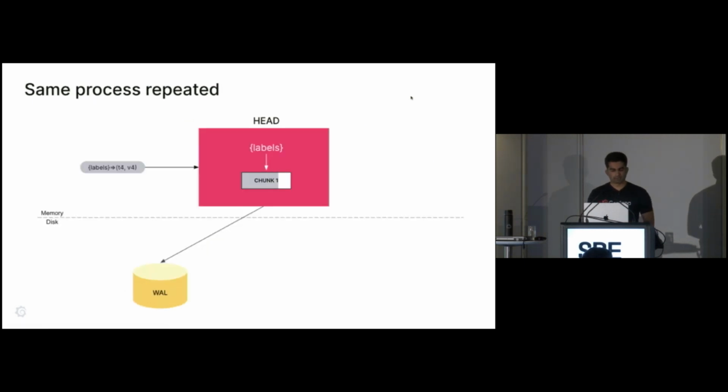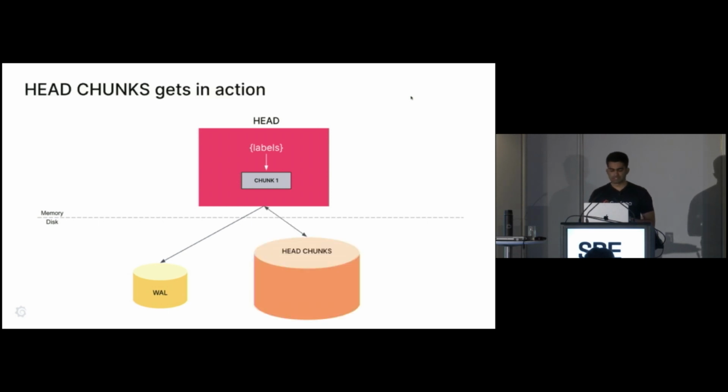And we repeat the same process again, and now the chunk is full. The easiest way to proceed further is to have a slice of chunks in the memory, but we don't want that. So we use something called head chunks. It's just a bunch of files on the disk. We call them head chunks because they come from the head block, and we just flush them to the disk